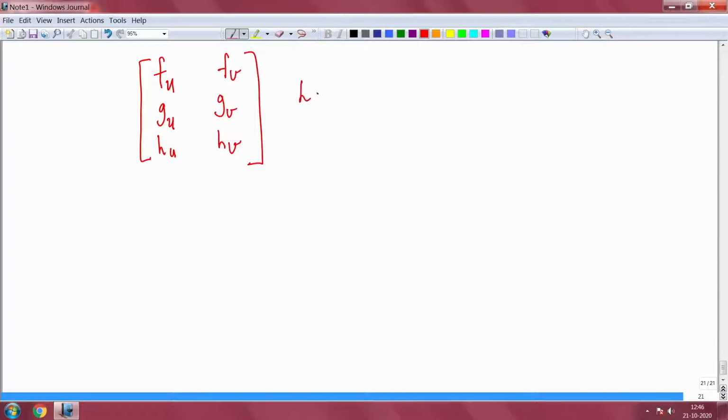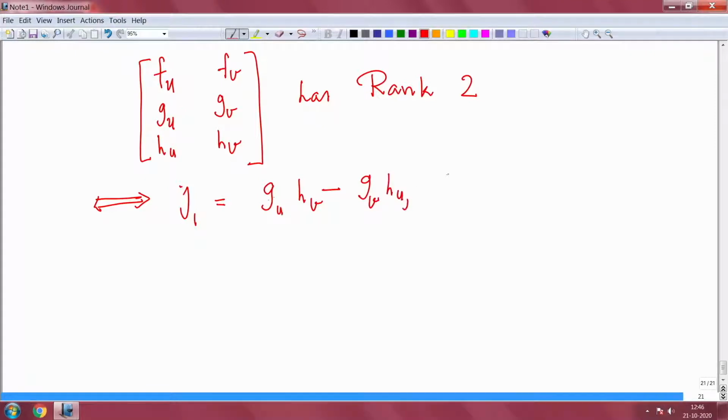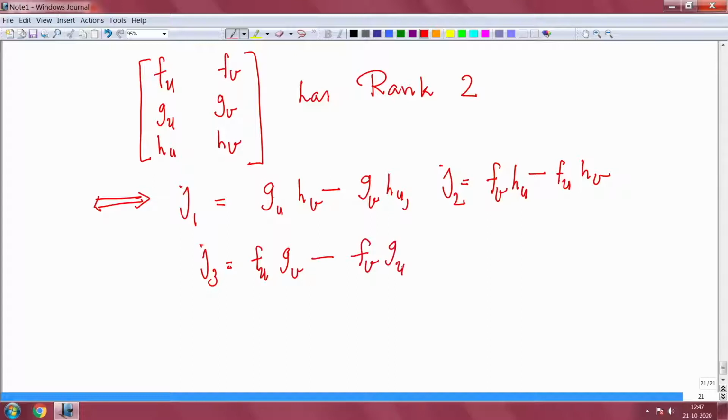That is what we have seen as rank 2. So, that is equivalent to saying something like that. I can introduce what is called J1. J1 is equal to g_u h_v minus g_v h_u. J2 similarly, J2 is equal to f_v h_u minus f_u h_v, and J3 is f_u g_v minus f_v g_u, and this is equivalent to saying that J1, J2, J3